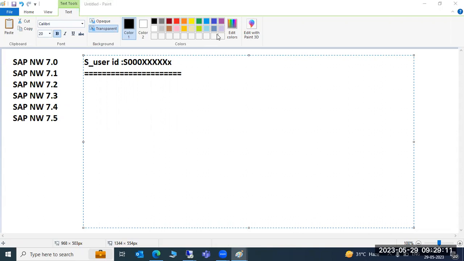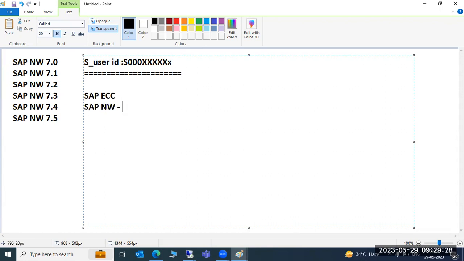What is the difference between NetWeaver and HANA? Yeah, so SAP NetWeaver is also one of the applications. NetWeaver is the basic product.